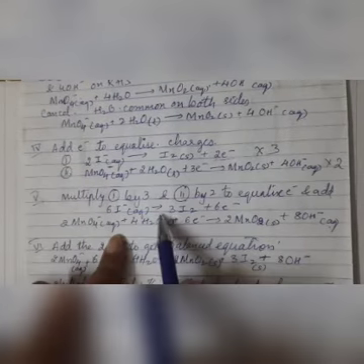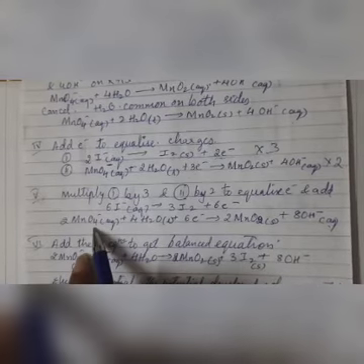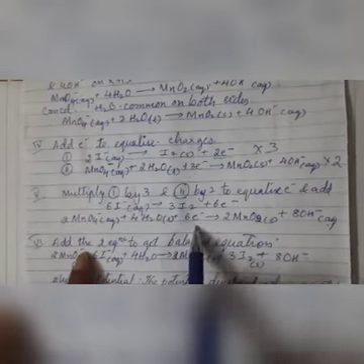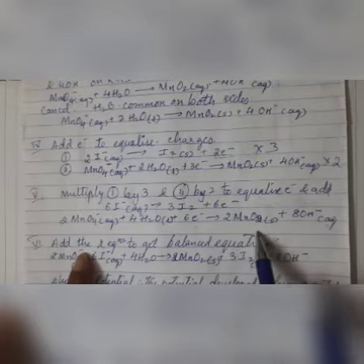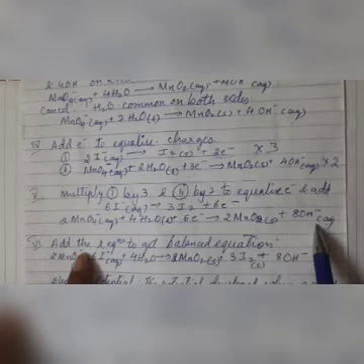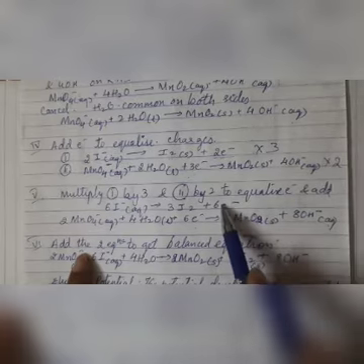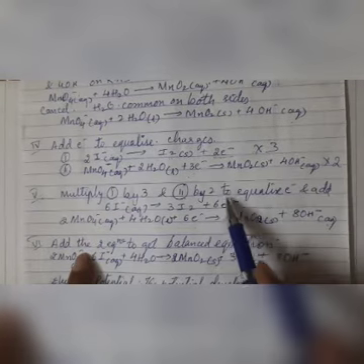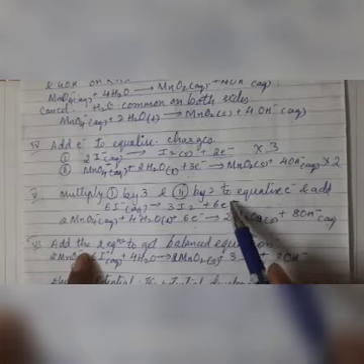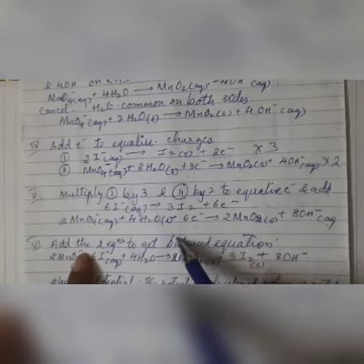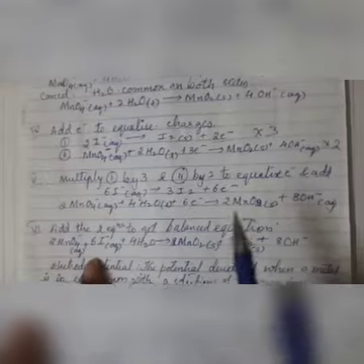You are going to get 6 times of I minus will give 3 times of I2 plus 6 electrons, 2 times of MnO4 minus plus 4 times of H2O plus 6 times of electron will give you 2 times of MnO2 plus 8 times of OH minus. Now we have equalized the charges, so we can cancel these charges. The electrons are going to get cancelled. So by cancelling both the sides, you are going to get the balanced equation as what?